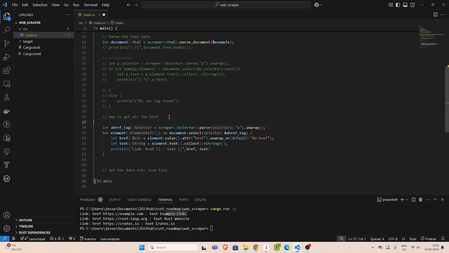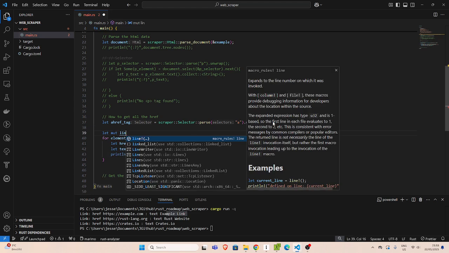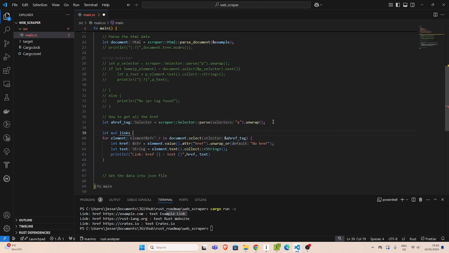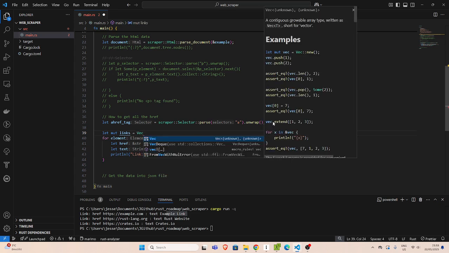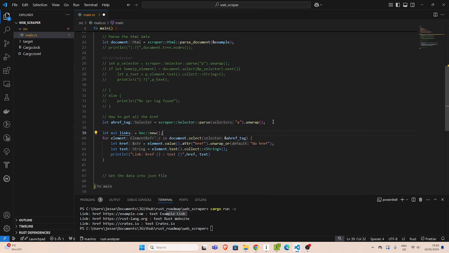So I can simply do something like this. So let's say let mutable links, right? Be equal to, let's create a vector. I create a vector